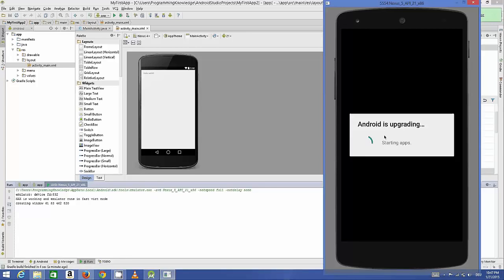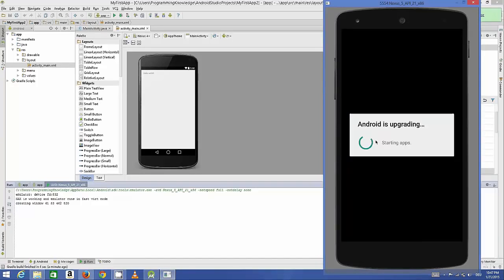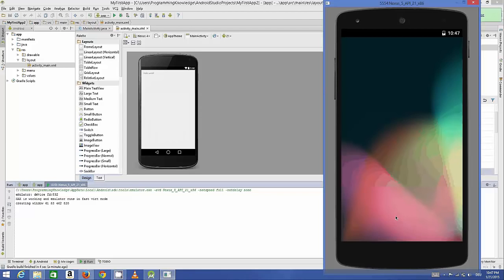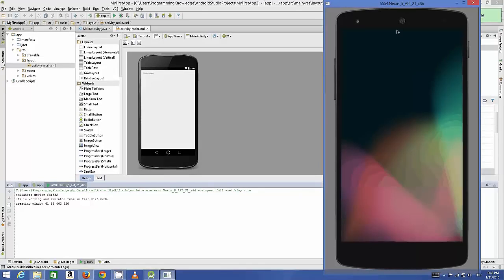So it will work like an Android device, and we just need to unlock it when this is ready. So now just drag this upwards and the lock will be open, and now we just need to click OK